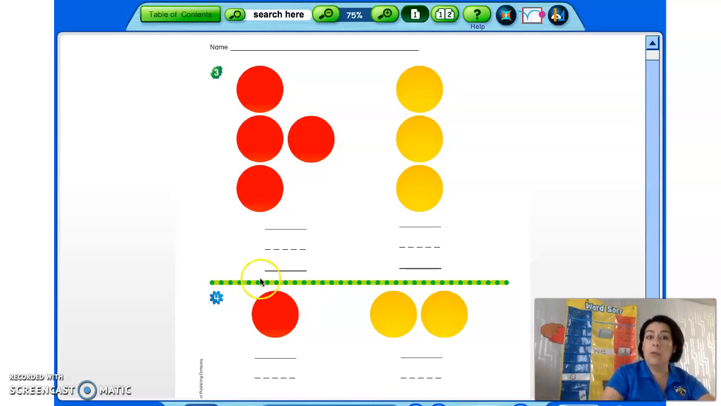Very good. So in number 3, number 4, you have to count the red counters, trace the number. Yellow counters, trace the number. Circle the number that is less. On number 4, how many red counters? 1. How many yellow counters? 2. Circle the number that is less. Okay, that will be